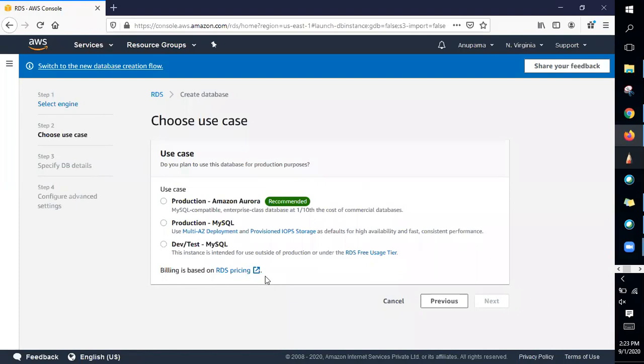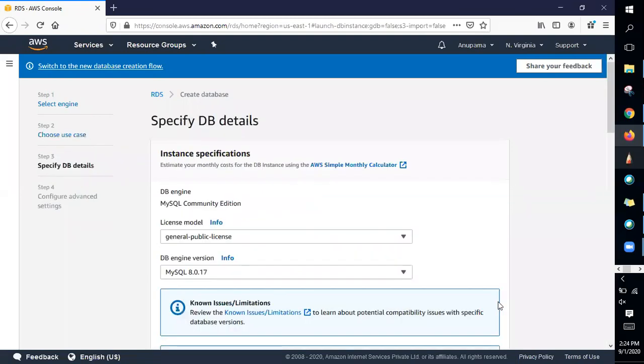Do you want to create a database for production or for dev and test? We also have production Aurora because MySQL is compatible with Aurora. So maybe in the second step, you might change your mind and go for Aurora, which is recommended because you have good performance compared to normal MySQL. For demonstration, I would be going for dev and test and go to the next step.